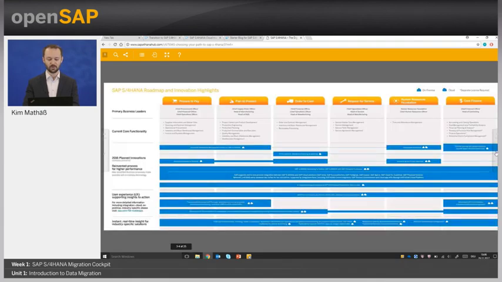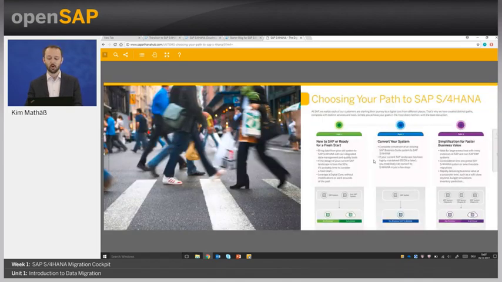And let me just quickly go forward to the transition scenarios, which will show up in a second, where you can see the different areas and also a bit more information on new implementation, on system conversion, or on LT, landscape transformation scenarios. And with this, I would conclude and close the first unit,